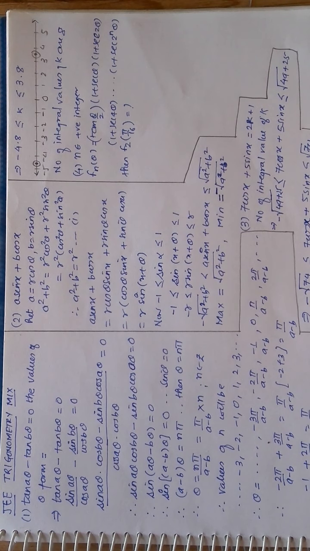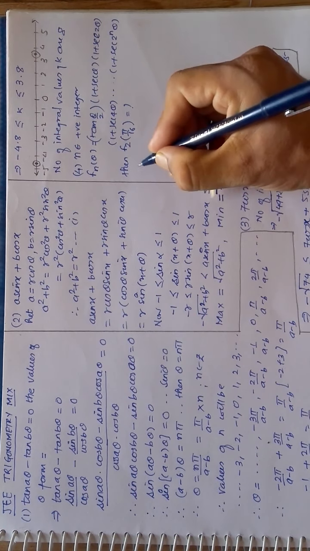So now let me understand this question. The expected part is f(2, pi/16), that means n is 2 and theta is pi by 16. So let me first think on the part which is given to me.